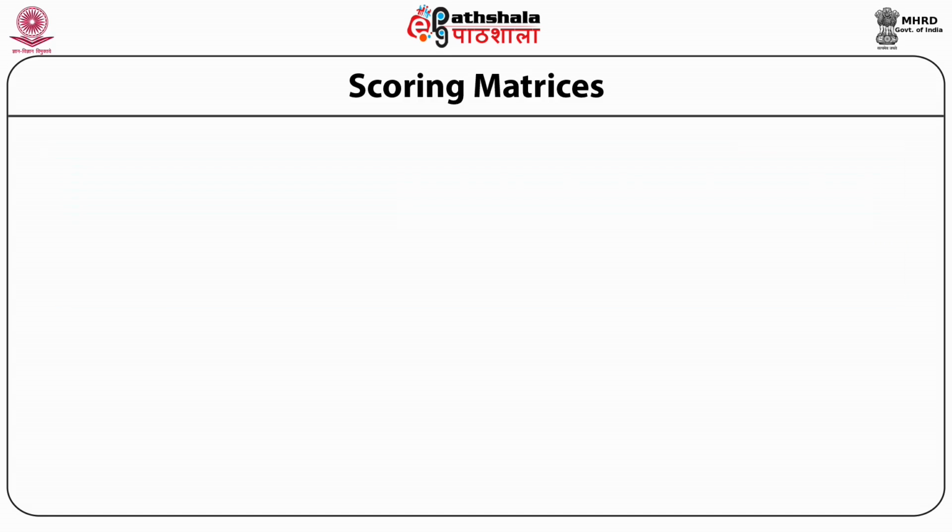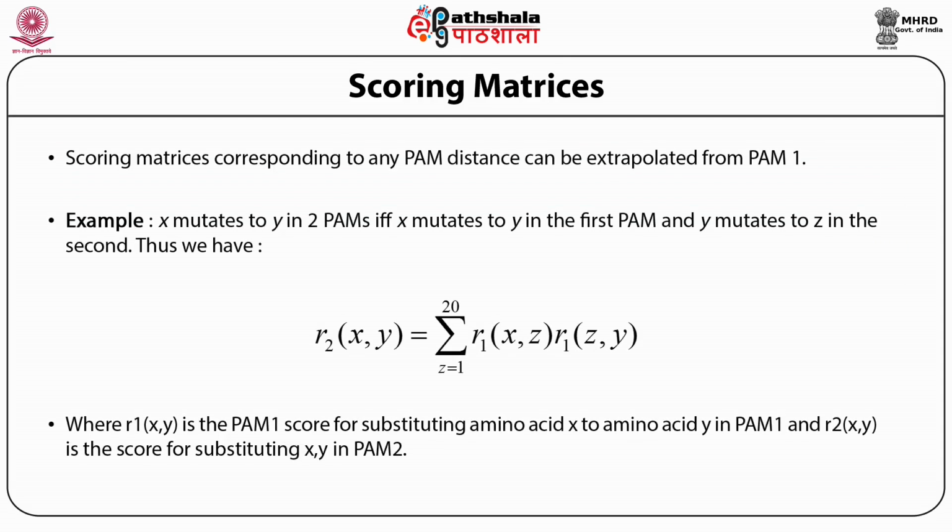What does one do there? While the PAM1 matrix is perfectly fine if two proteins are very, very highly similar, it should not really work if the proteins we are comparing do not have more than 85% identity. However, there is a way out. So let us consider PAM2. That is, if 1% mutation happens in PAM1 time, what would happen in PAM2? Maybe 2%. So if then amino acid X